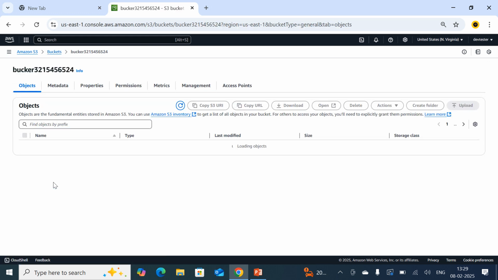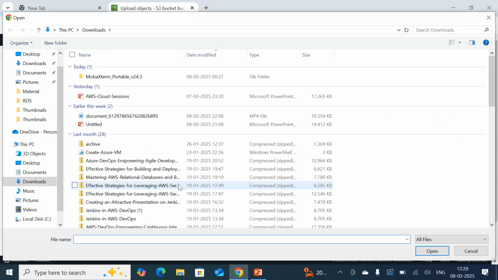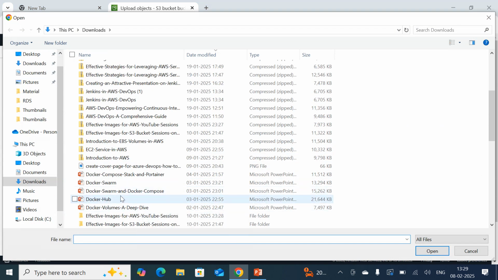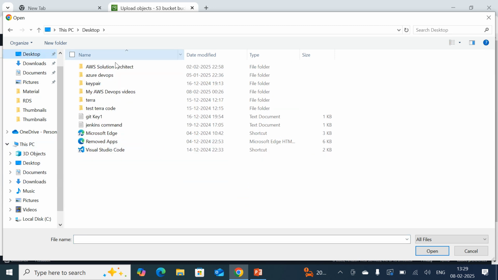Fine. So I'm going inside of the bucket. Right now you are inside of the bucket, and there are no objects. Just make sure you upload an object. So I'm going to click on add files. From the desktop, I have Jenkins commands.